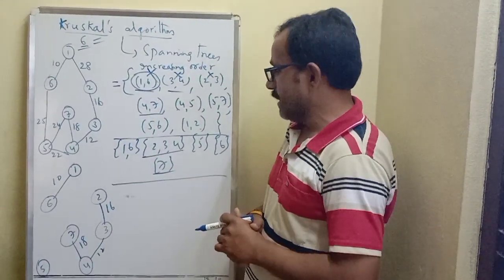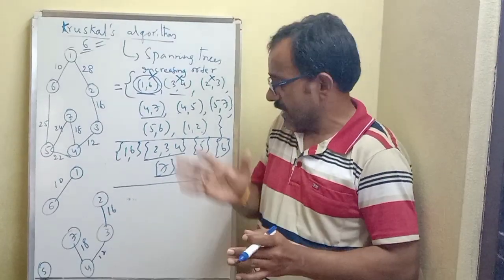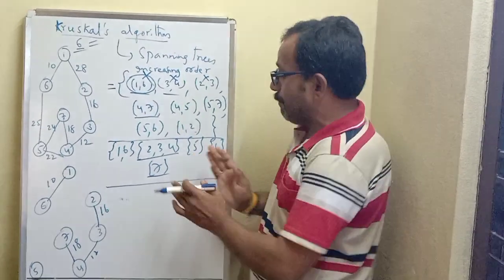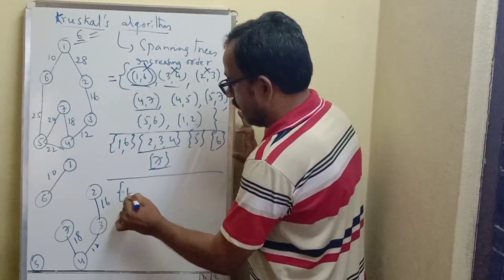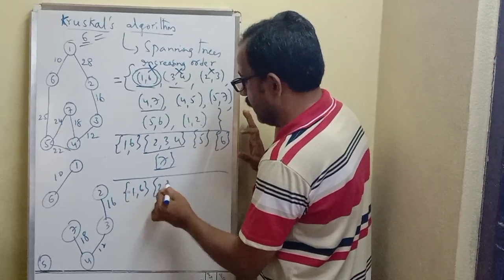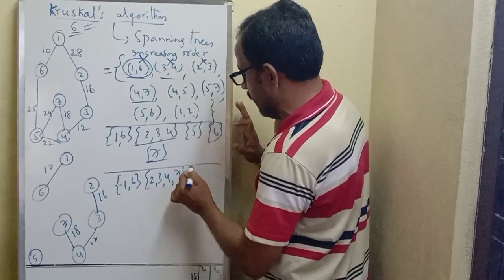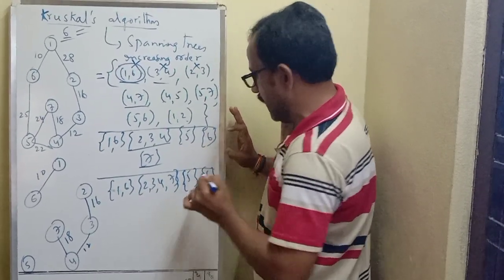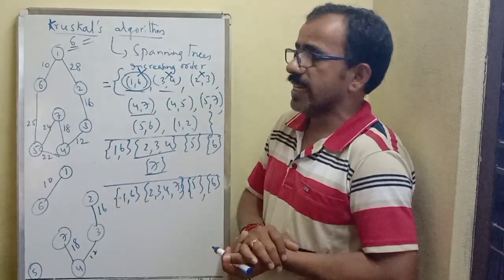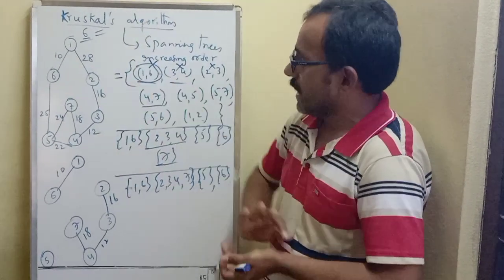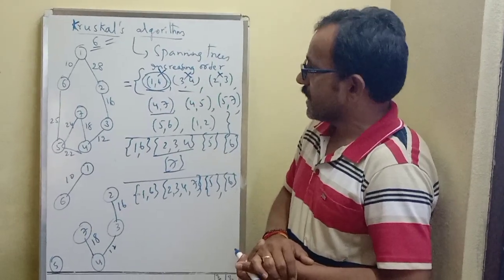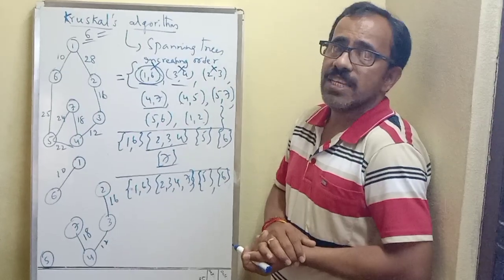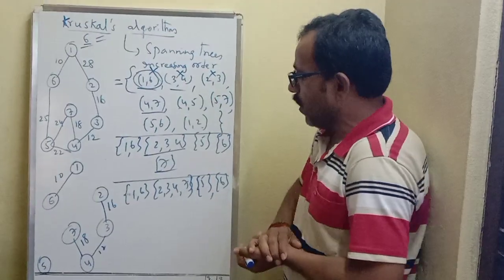Then what is the next step? Once after selecting the 4, 7 edge and connecting 4, 7 into the spanning tree, immediately combine those 2 sets. So 1, 6 is the earlier set and we are going to combine 2, 3, 4 and 7, and still 5 is an independent set and 6 is also an independent set. How many edges are included? 4 edges are included. How many do we want? We want 6 edges, because for constructing a spanning tree with 7 nodes, we require the number of vertices minus 1 edges. So still 2 more edges are required.